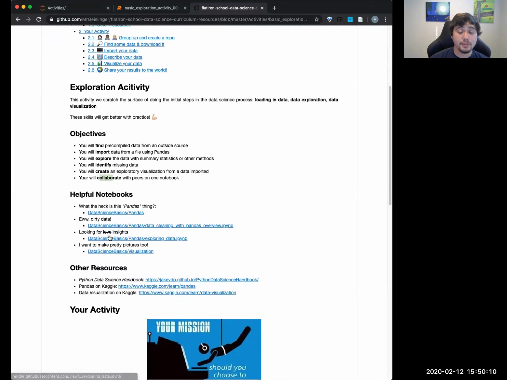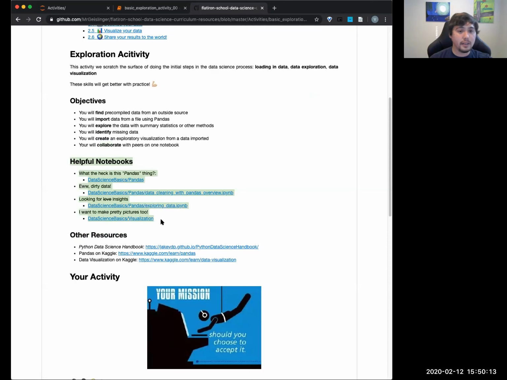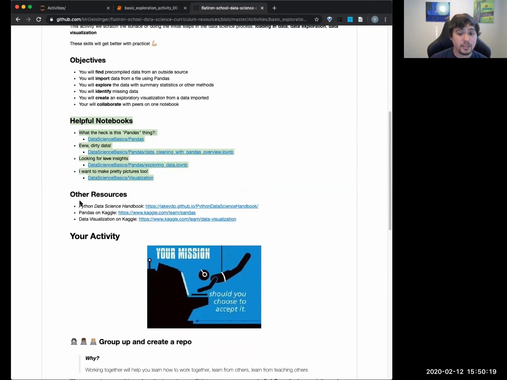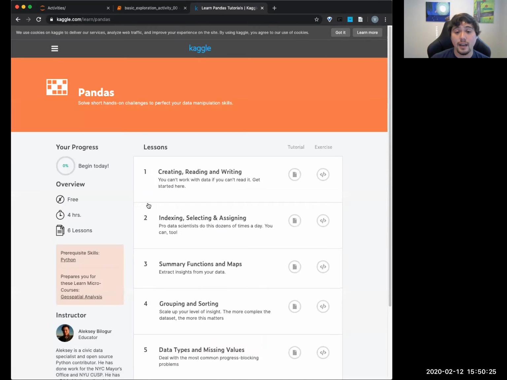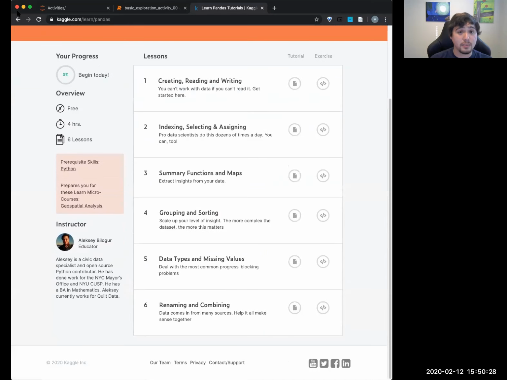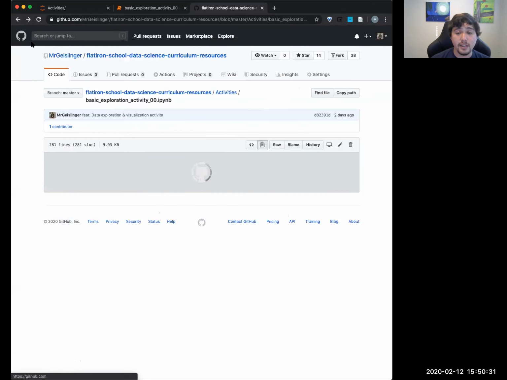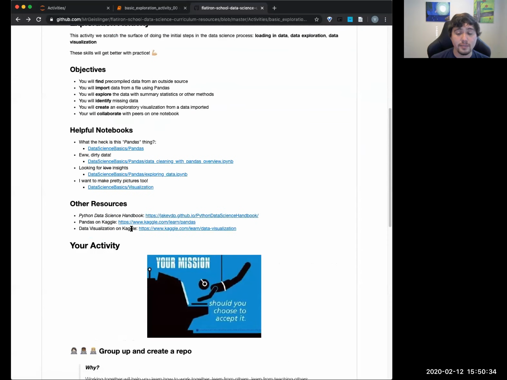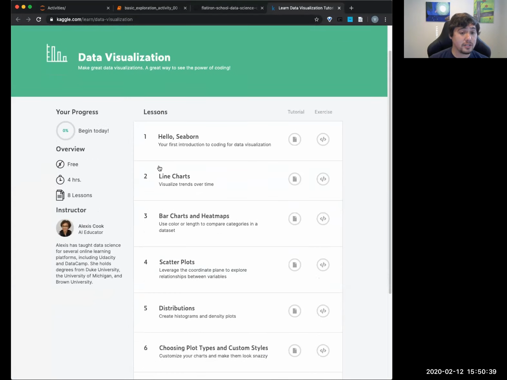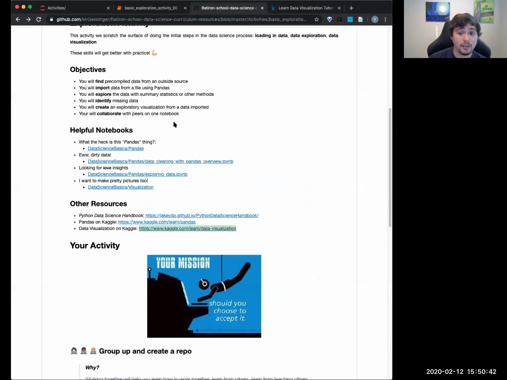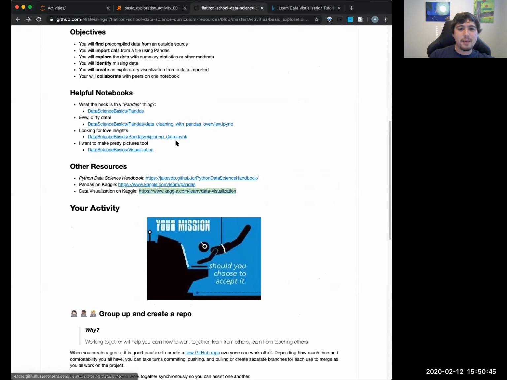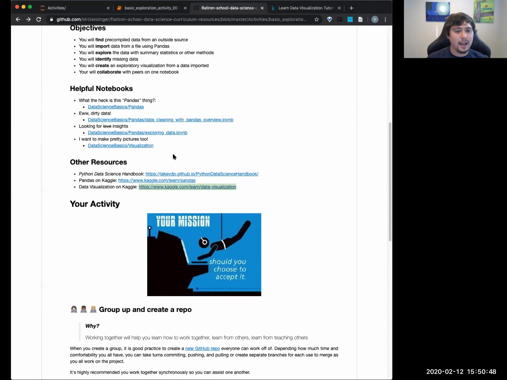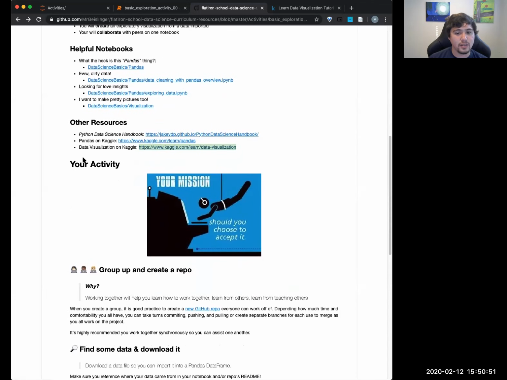Some useful things: I have some links from the previous lessons and from study groups. Of course, you can use the curriculum and some of the resources, like the Python Data Science Handbook and Pandas. On Kaggle, there's a lesson on Pandas itself, which is good practice if you want extra practice beyond the curriculum and what we've seen already. There's also some data visualization practice in Kaggle that shows you some extra stuff, especially with Seaborn. This whole thing should not take you more than maybe an hour altogether, and that's me stretching it out.